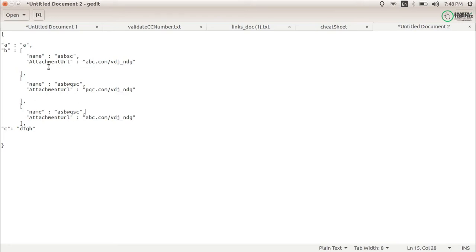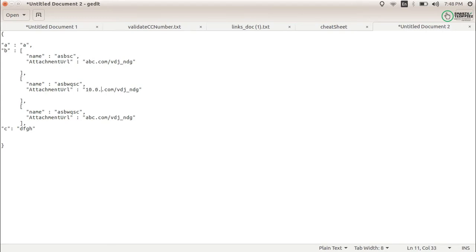The situation is, I have a document like this, with A and B, and for the B key we have a value in an array list, and for the attachment URL, due to some issue, for the domain part I was actually saving the IP.